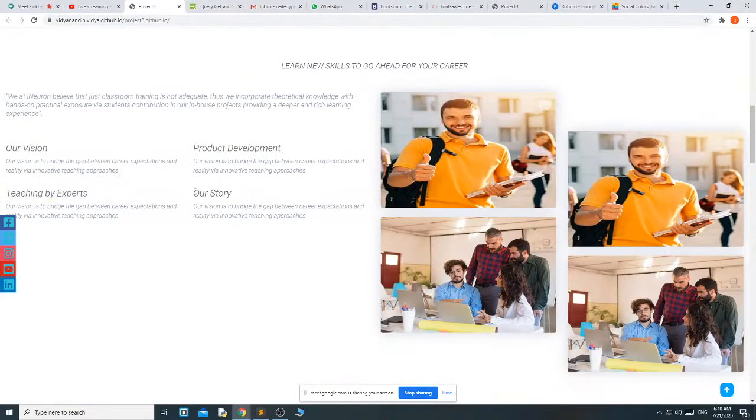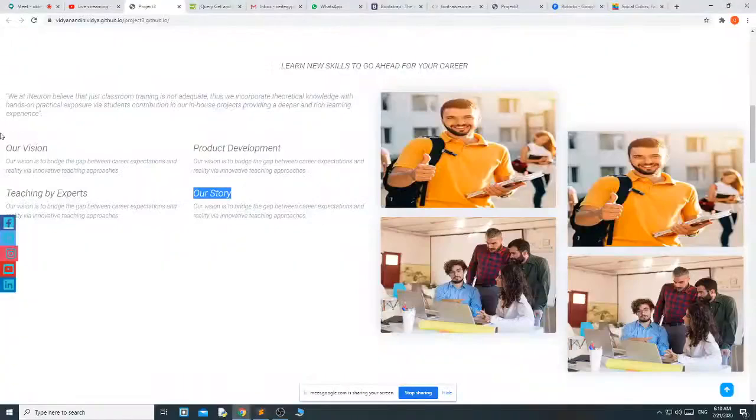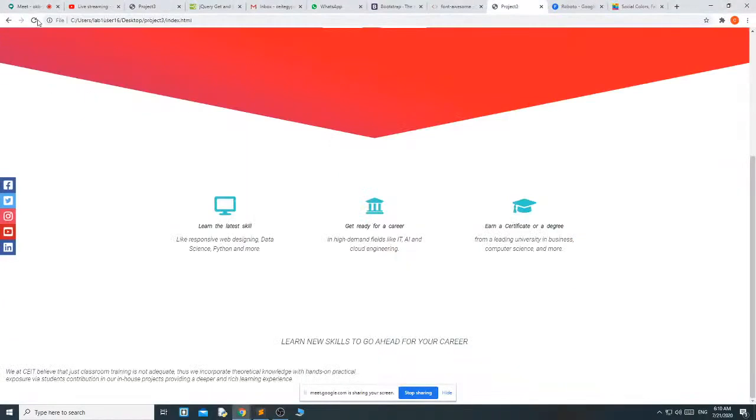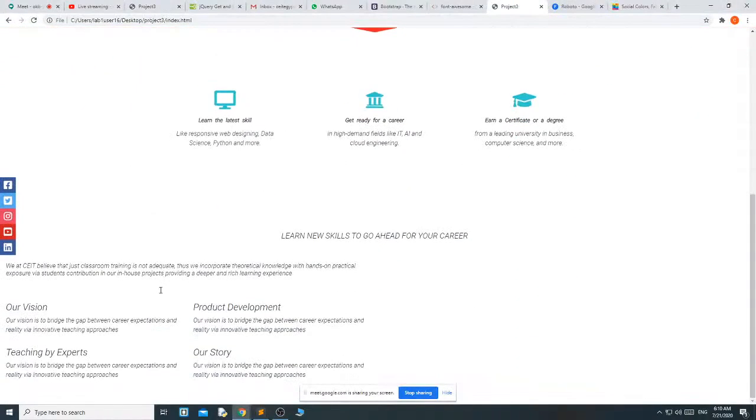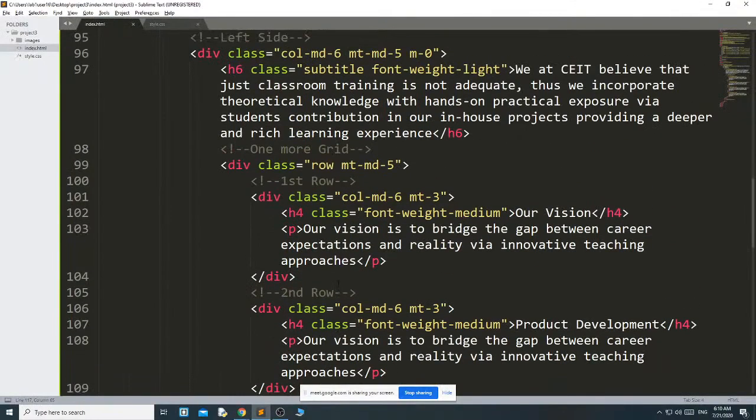And fourth, our story. Okay, you got it. Then my left side data is finished. Now in right side what I want? Right side I want to keep images. Okay, this left side is finished.